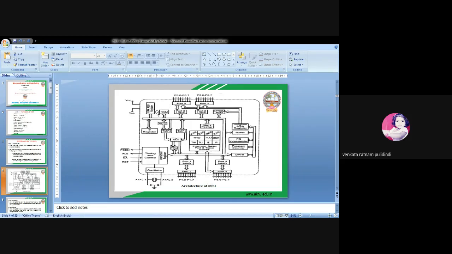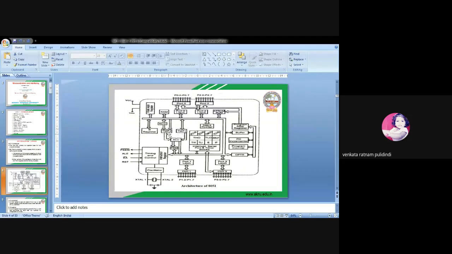Okay, now here we have the RAM address register. On the top left we have the RAM address register, and here it is the RAM, and here port 0 latch, and here port 1 and port 2 latch. Here EEPROM, that is ROM. So one is the RAM and one is the ROM, and both are inbuilt. And here is the main register, that is the accumulator. To support this accumulator for arithmetic operations like multiplication and division, we use another register, that is the B register. This is the B register here.